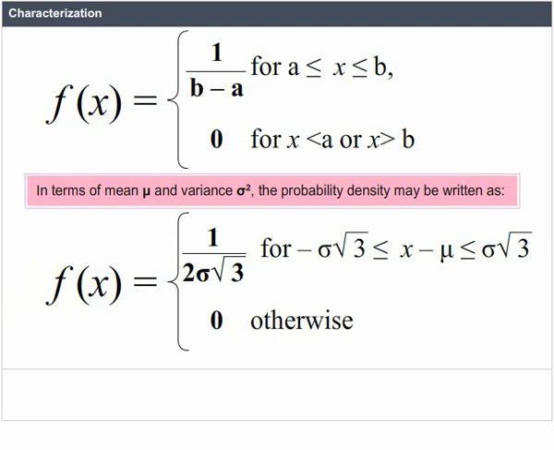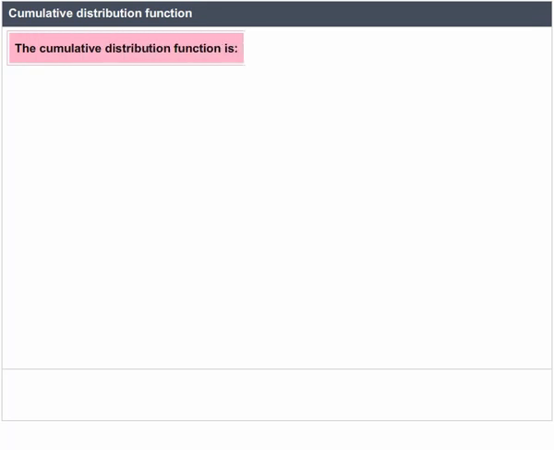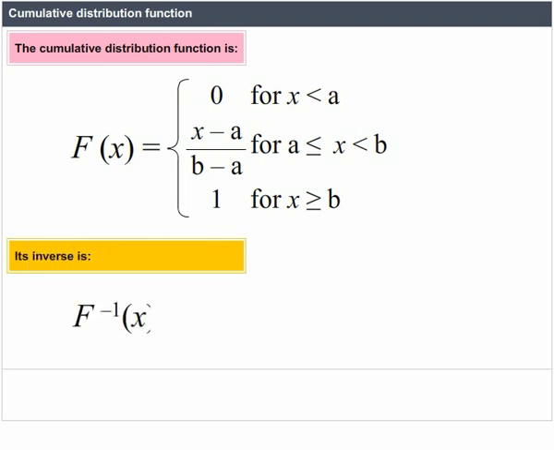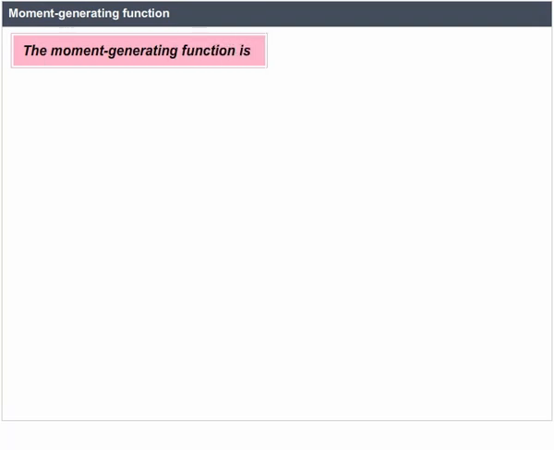The cumulative distribution function is capital F(x) equal to 0 for x less than a, (x minus a) divided by (b minus a) for a less than or equal to x less than b, 1 for x greater than or equal to b. Its inverse is F inverse of x equal to a plus x into (b minus a) for 0 less than x less than 1. The moment generating function is M_X(t) equal to expectation of e power tX equal